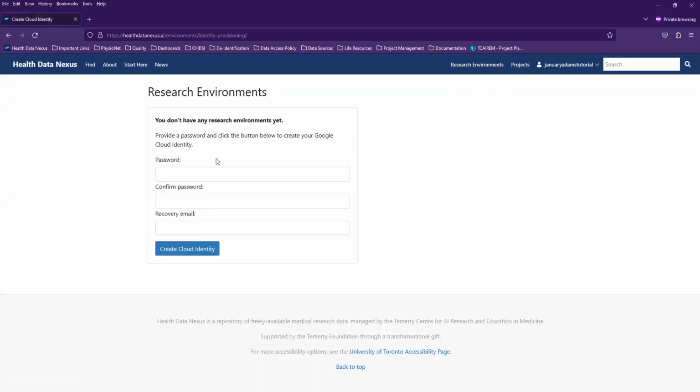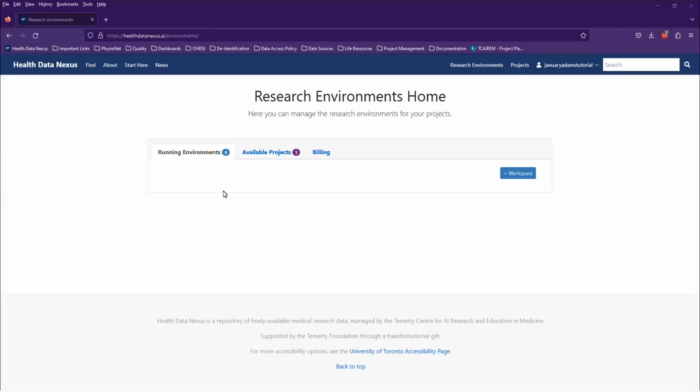My first step is to create a Google profile. I'll include a password for this account. Make sure you write this down or save it securely so you don't forget it, and a recovery email address. For convenience, I'll make this the same email that I used to sign up for the platform. This will take a few minutes to set up, but once it's been created, I'll have an active Google account